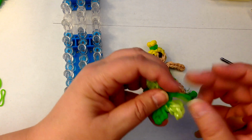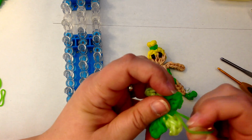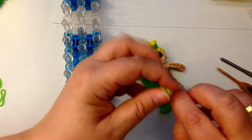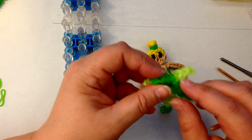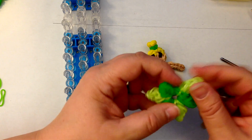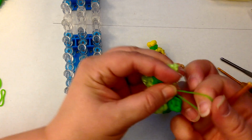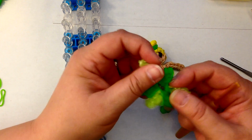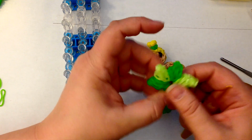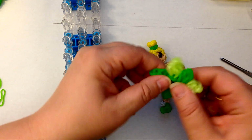These two tie-off bands that you had here are going to go around the nearest little leaf. Now as you can see, that's a little bit loose, so what you might want to do, hold both of them, give it a twist and go around one more time, okay, just so that it's not too loose. But there is your little tutu,